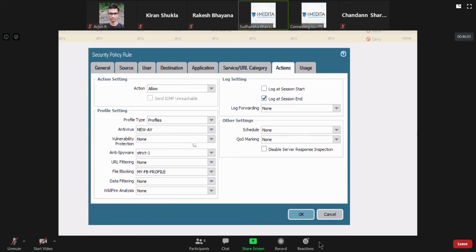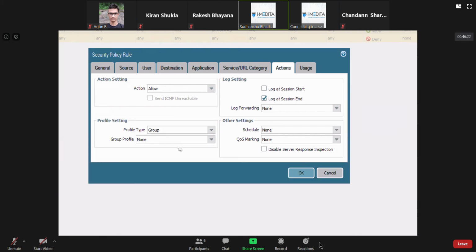So instead of using the profiles option, you can use the group option. It's basically just easing your configuration. It's nothing new. If you select this, you just have to select a group profile here rather than selecting individual profiles.